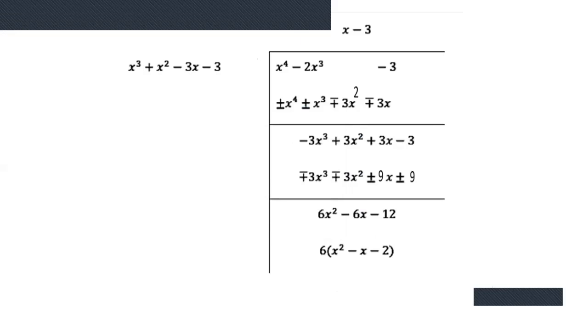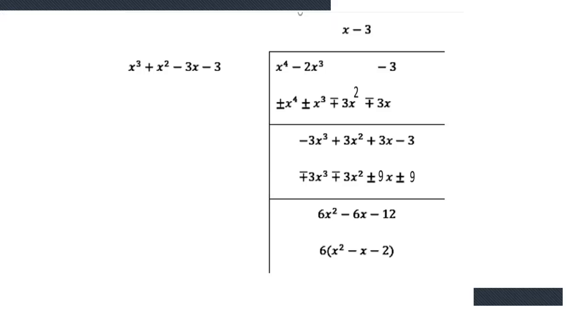Okay beta, here you can see that we have to arrange the values as compared to their power. X power 4 minus 2x cube minus 3. I left this blank space for spacing the value of x cube and x. That's why I left this place. Here is x cube and here is x power 4.